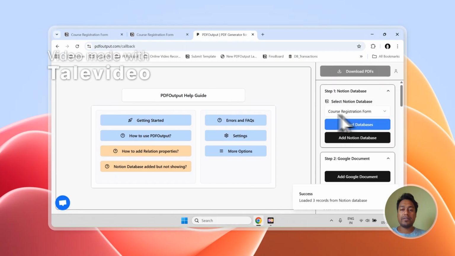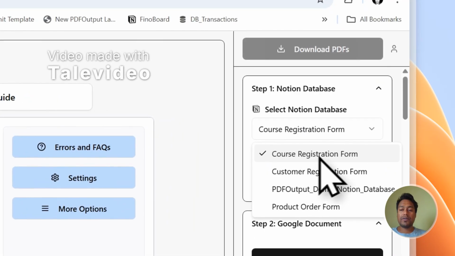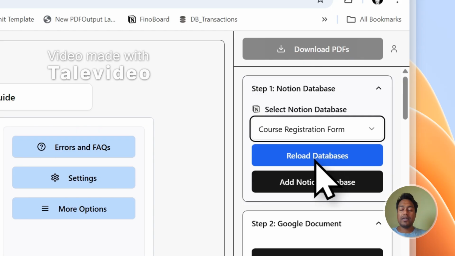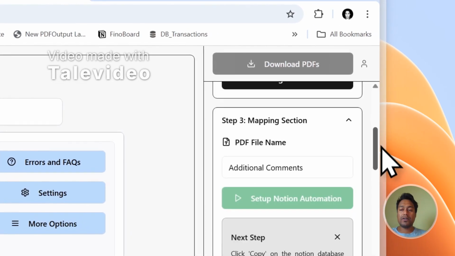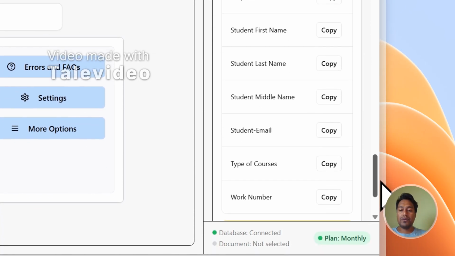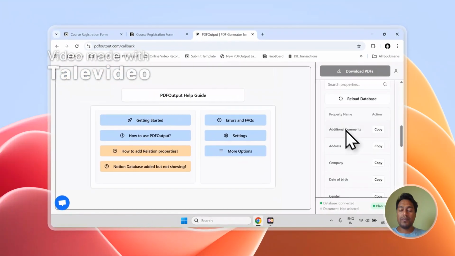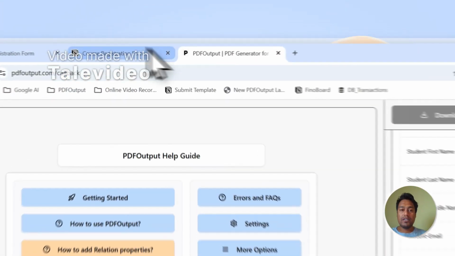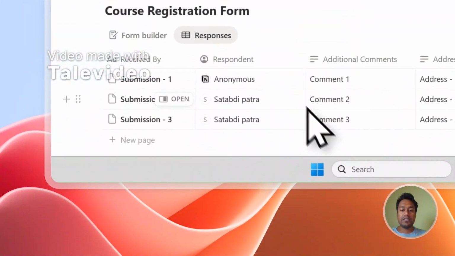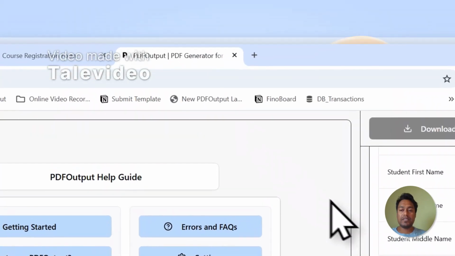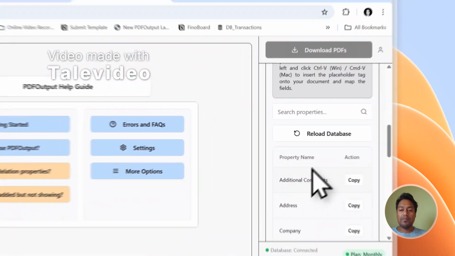As it is trying to load the database, now you can see the course registration form appear over here. Let me click on this, and if you go to the drop down below, you will be able to see all the properties of the course registration form appear one after the other. Whatever properties we have created in this course registration form, everything is visible inside this mapping section